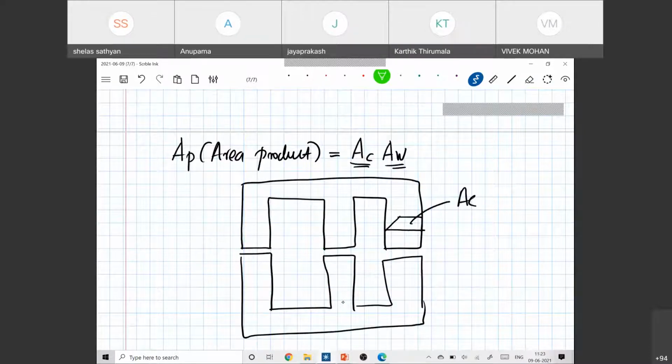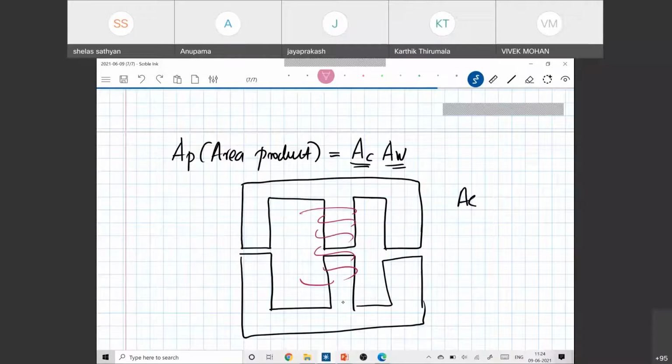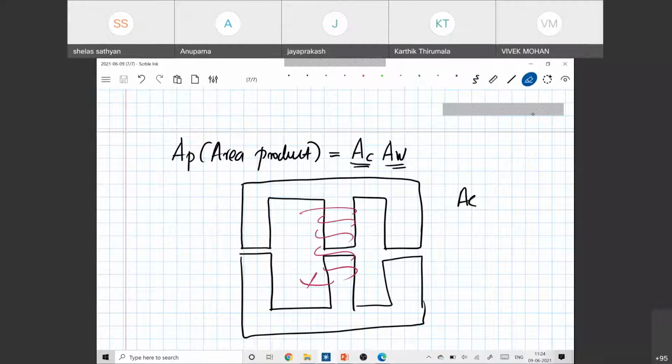So we need to wind. Once you select the core, we need to wind with a conducting material, usually a copper wire. How do you wind? You can wind on the limb. Usually if you want a distributed, symmetrical operation, we will be winding on the middle limb. The winding will be done on the middle limb. It is always advisable not to wind directly on the core, because once the conductor starts to conduct current, the core gets heated up. Also, the ferrite core is quite brittle. Even a small stress is enough to crack the core. So better not to wind on the core.